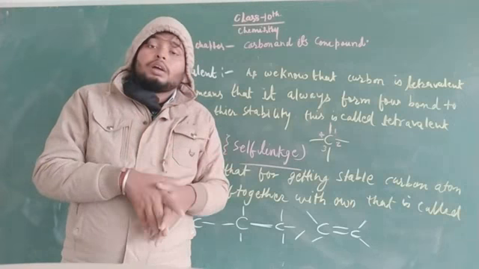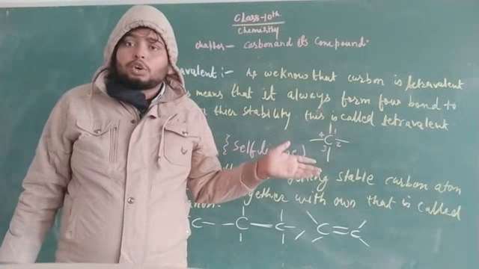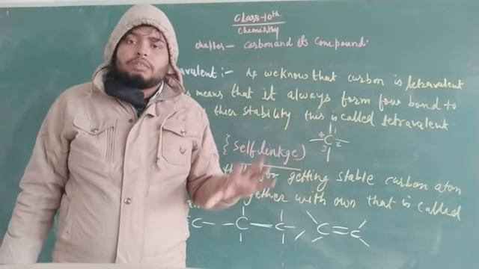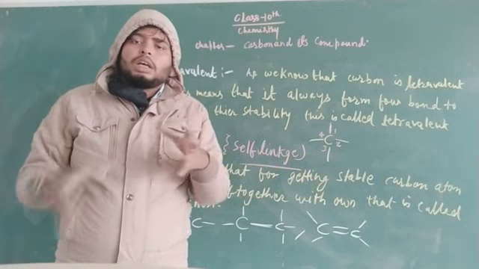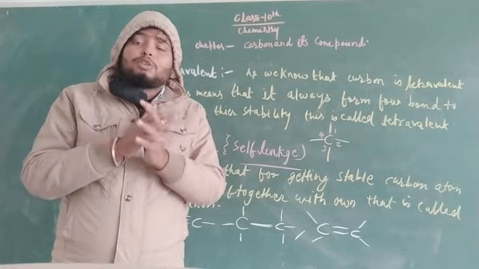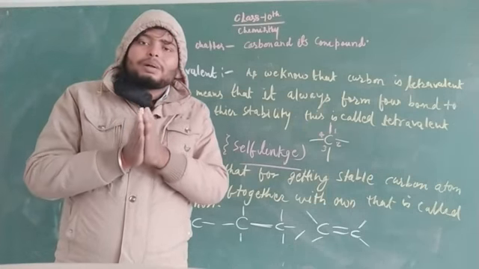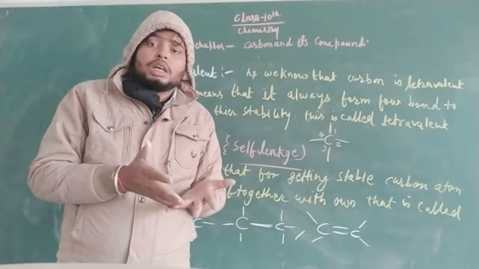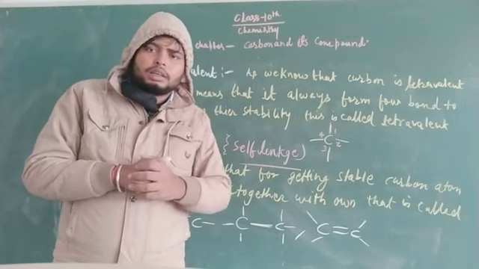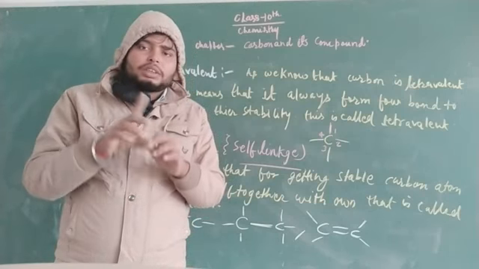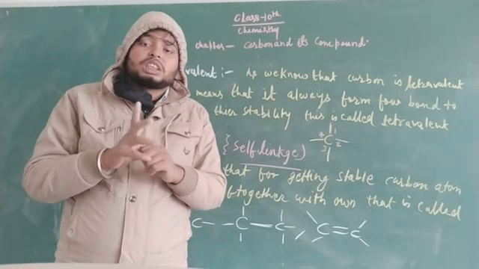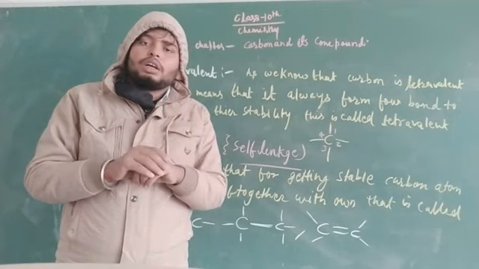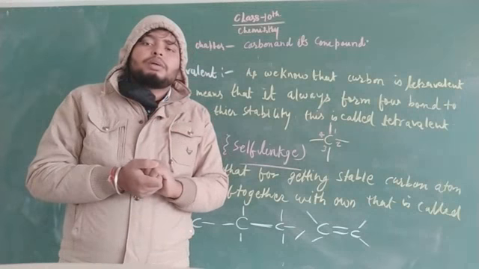diamond also contains carbon. There is another man-made carbon allotrope, Buckminsterfullerene, invented by the American chemist Buckminster Fuller. He arranged 60 carbon atoms in pentagonal and hexagonal rings in a football-like structure, called Buckminsterfullerene. After that, many other fullerenes were formed, such as C58, C63, C72. But the first fullerene was formed by Buckminster Fuller, C60, where 60 carbon atoms are arranged in a football-like structure. That is called fullerene.